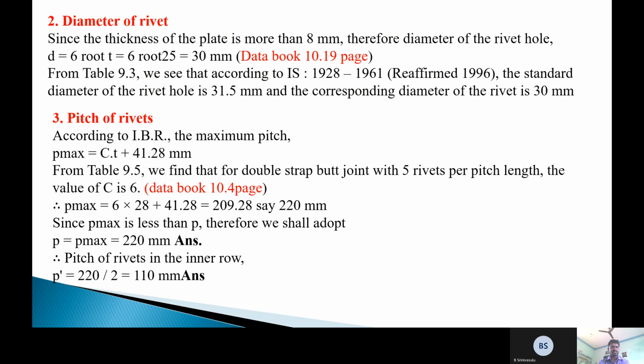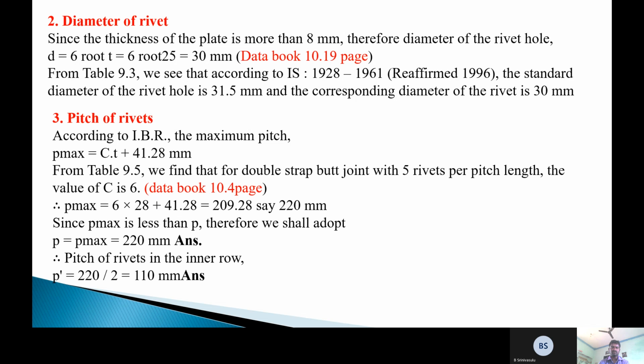Next, the diameter of the rivet. The thickness of the plate is more than 8 mm. Therefore, the diameter of the rivet hole is D equal to 6 root T, 6 root 25, that equal to 30 mm. In the data book, page number 10.19, all equations are available. Now next, the pitch of the rivets according to the Indian boiler regulations, P maximum equal